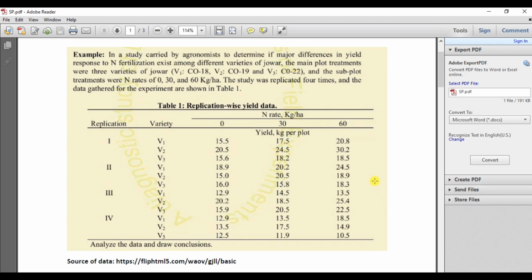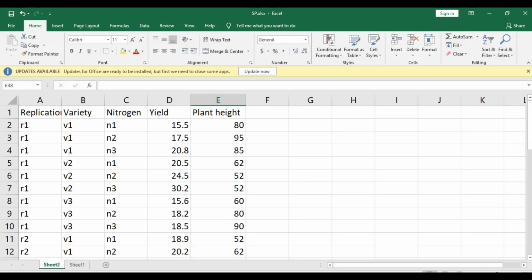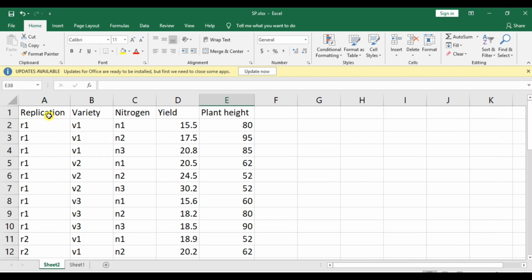So the first step would be to arrange this data in Excel. So this is the Excel, and first I had written replication followed by variety, that is our main plot, followed by nitrogen, that is our subplot factor, followed by yield, that is our dependent variable.